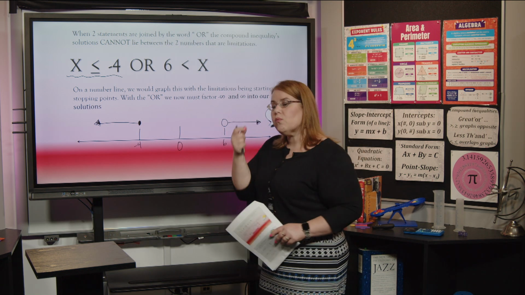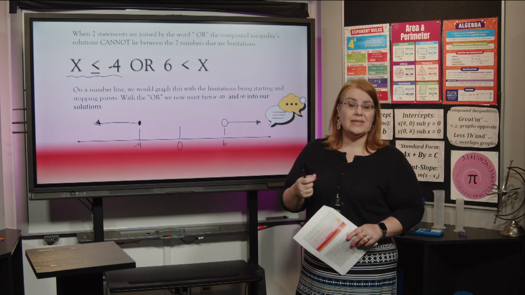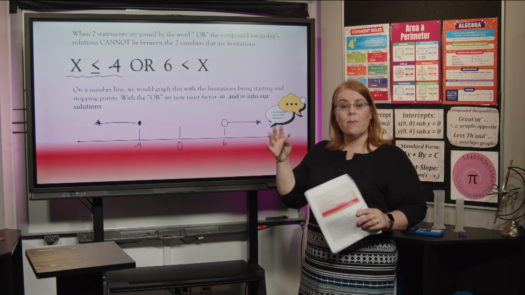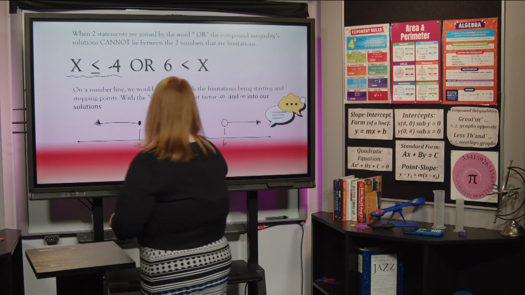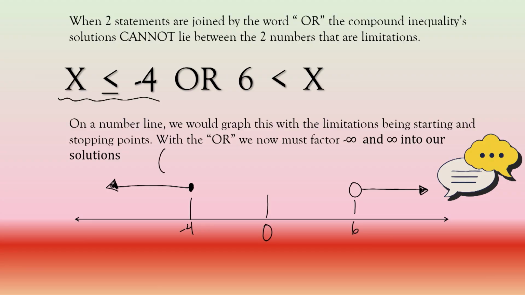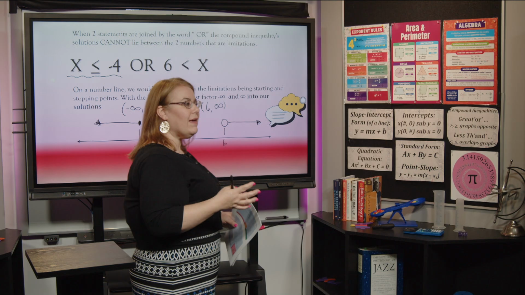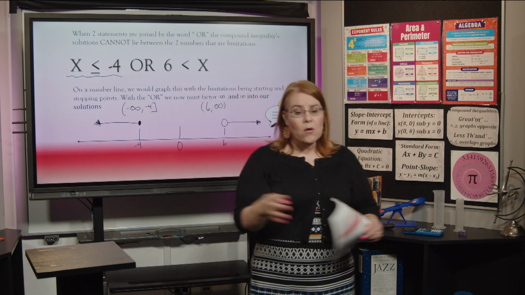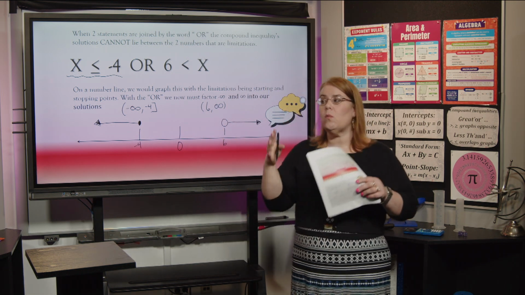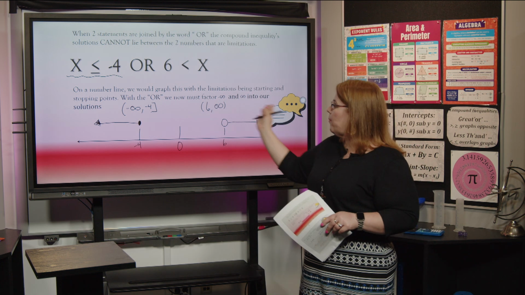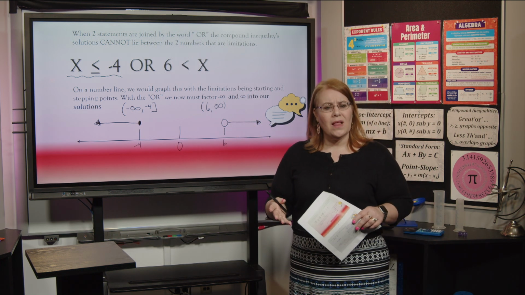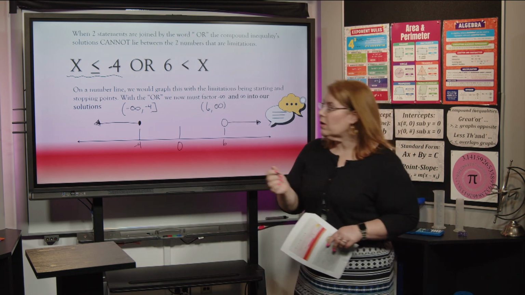So let's go ahead and write those interval notations to work with those negative and positive infinities. So here we go. I am going to have parentheses, negative infinity, comma, -4, bracket. And then here I'm going to have parentheses 6, comma, positive infinity. Now, how can I put that it's both of those with my limitations and where my unknowns can be? I just can't put them like that because I'm going to think it's two different inequalities. I could put the word or,